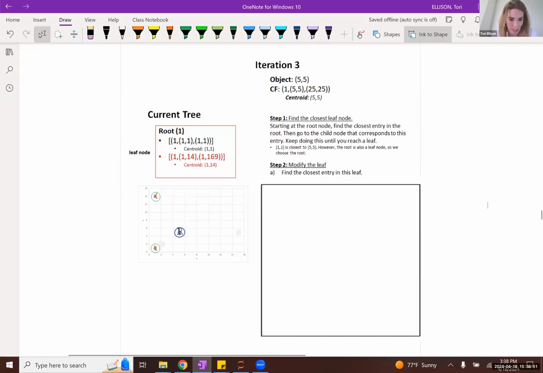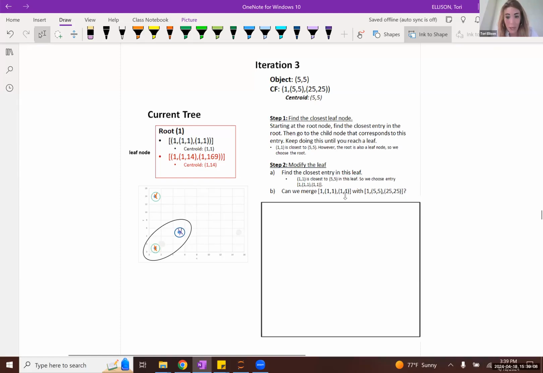For instance, we can see that this centroid is closest to this centroid. So we temporarily assign this incoming subcluster to this leaf node subcluster. And then we ask ourselves, are we allowed to merge these 2 subclusters? Unfortunately, the answer is no.